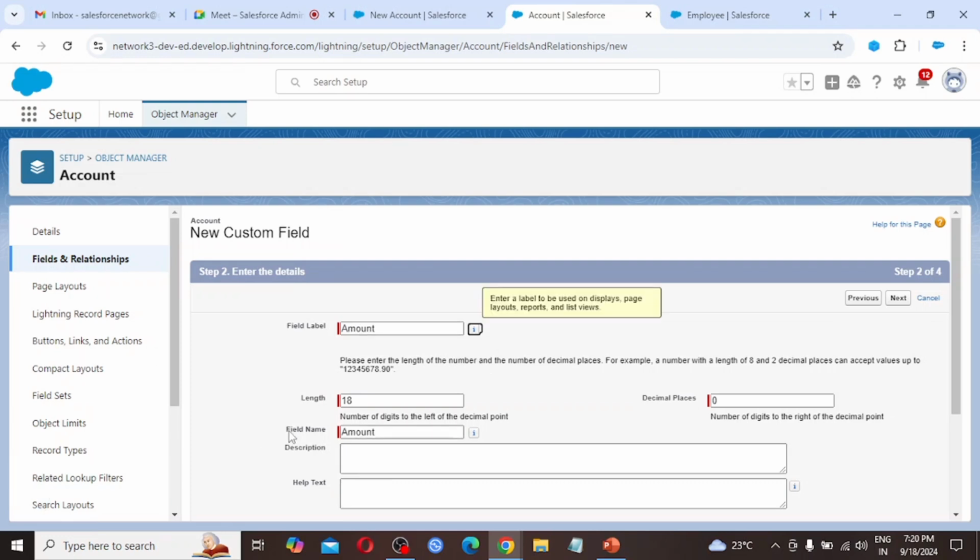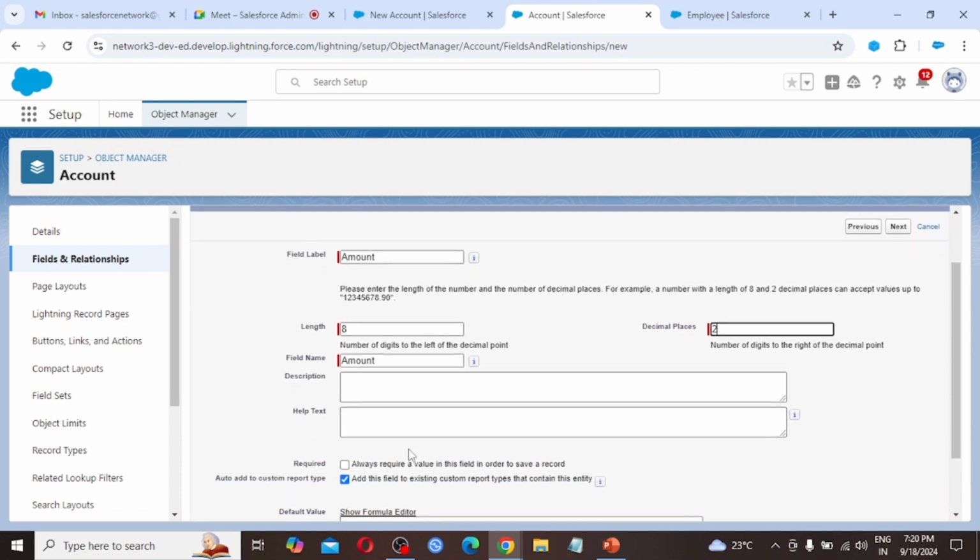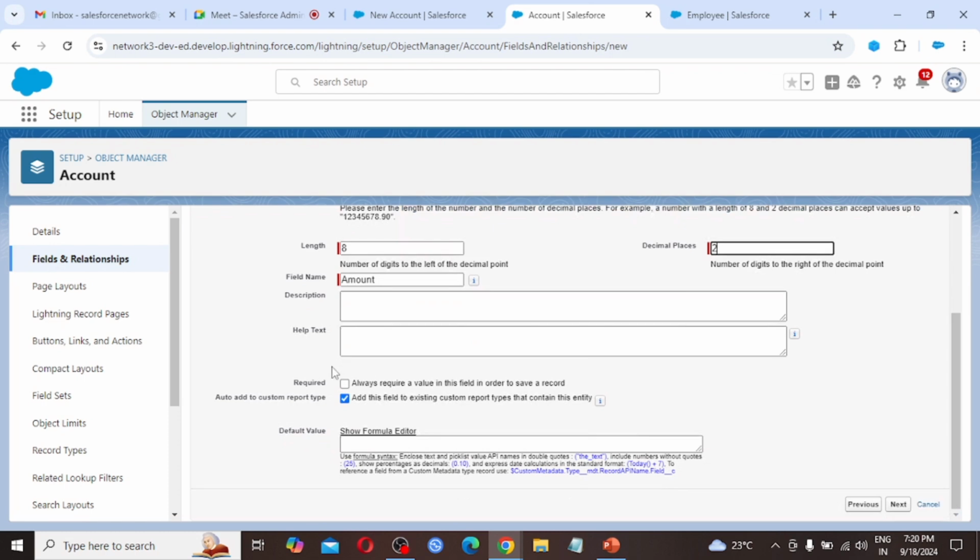Pressing tab, automatically we are getting the field name, and here I am going with length 8 and decimal places only 2. Description and help text you can provide. It is not a required field, so I am not making it required.